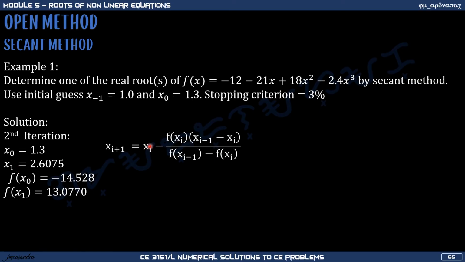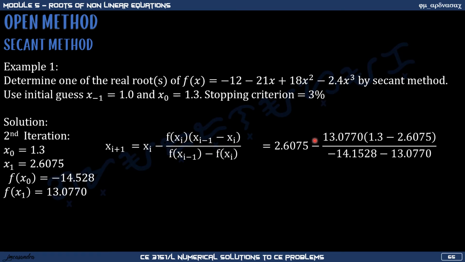That will now be the current or the new, 2.6075, minus 13.07 times 1.3 minus 2.6075, all over negative 14.528 minus 13.0770, which will give us a value of x sub 2 equal to